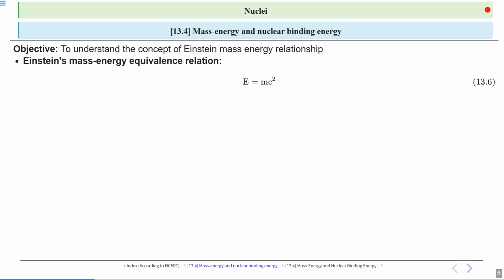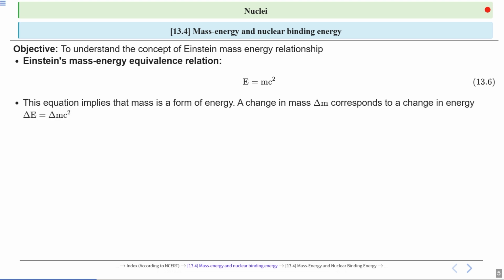This equation tells us that mass can be converted into energy, and even a small amount of mass can produce a huge amount of energy because c squared is a very large number. Notice how the equation also works for changes in mass. If the mass of a system changes by an amount delta m, the energy changes by delta E equal to delta m c squared. This means that whatever mass is lost or gained in the process, there is a corresponding